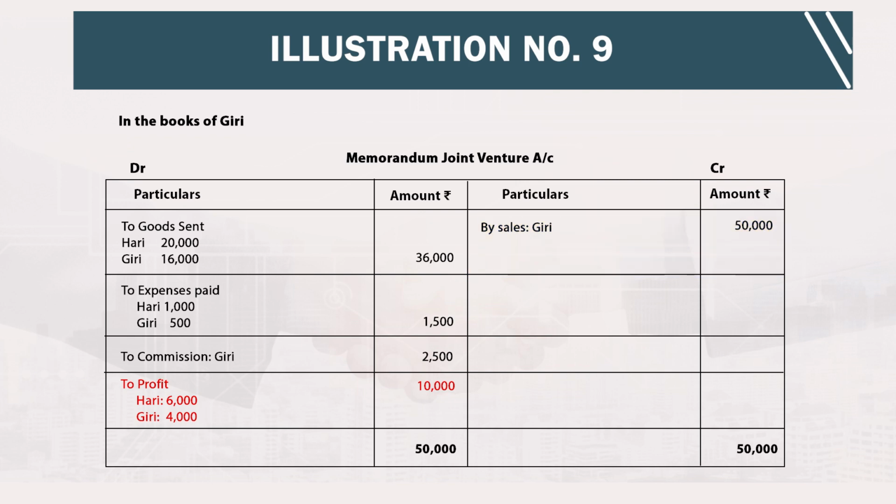Now, 5% commission will be given on sales to Giri. So, 50,000 multiplied by 5% commission, amount will be 2,500. This amount will be on debit side of memorandum joint venture account: to commission account, Giri rupees 2,500. Now, make total rupees 50,000 and there is a difference on debit side rupees 10,000. This is known as net profit. This profit will be apportioned among Hari and Giri in the ratio of 3:2. So, Hari will get rupees 6,000 and Giri will get rupees